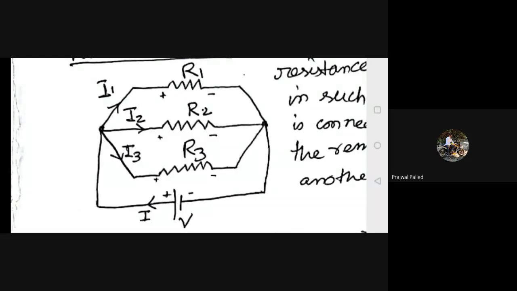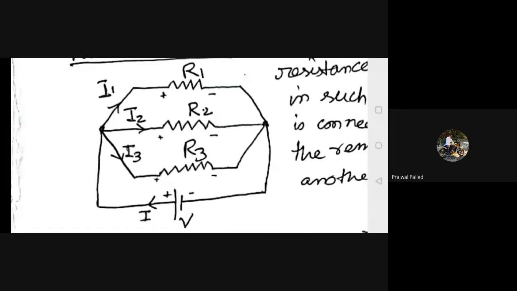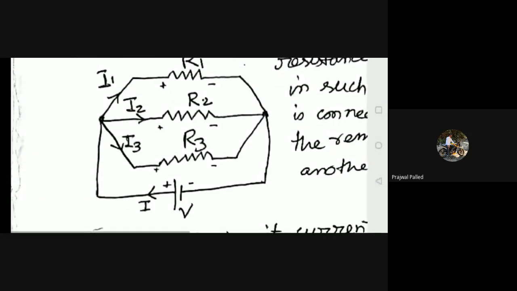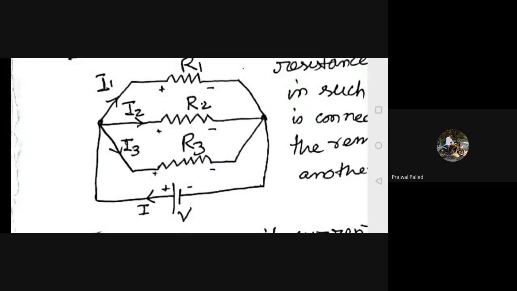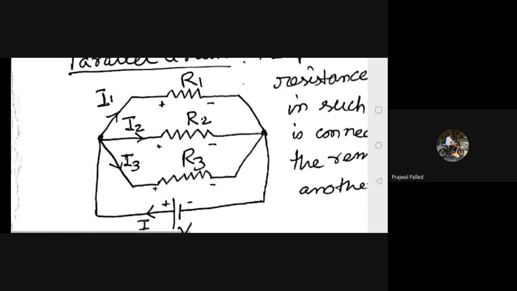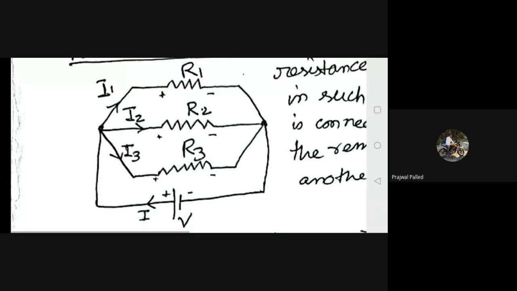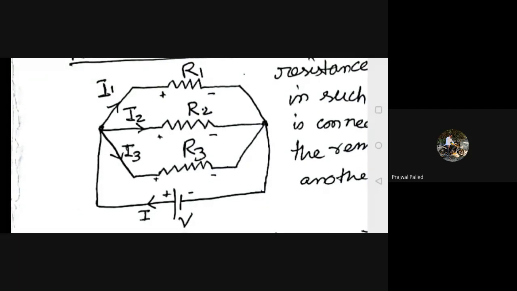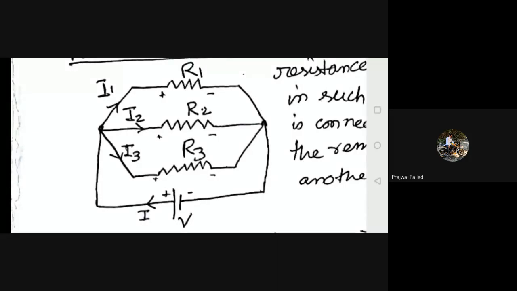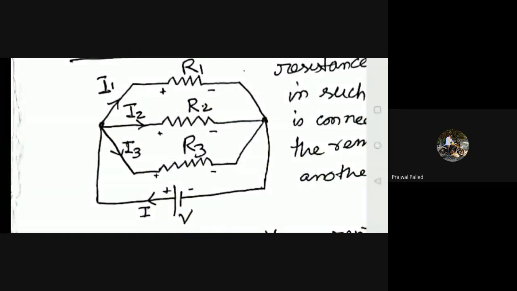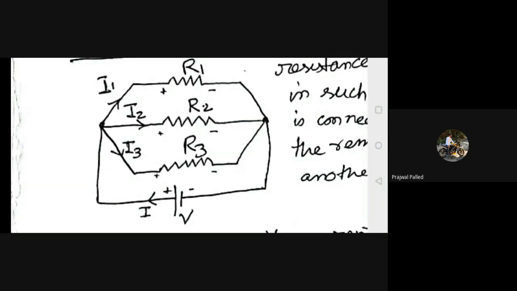Now in parallel circuits, all of them are connected parallelly and the starting and ending junction points are the same. So what happens? V is the supply voltage and it supplies the current I. Now I gets split up into three components, I1, I2, I3, and that I1, I2, I3 again adds up at the end point and it is again coming back as I to the negative terminal, right?